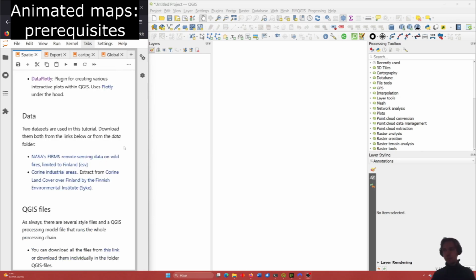library. We will be working with two datasets in this tutorial. First one will be this NASA remote sensing dataset. That remote sensing data has been used to derive probable wildfires, or at least sort of heat events from the satellite images. And that has been preprocessed so that it's limited to just Finland. So we'll be working within Finland. Then there will be this auxiliary dataset, Korean industrial areas, that we will use later on to filter the data